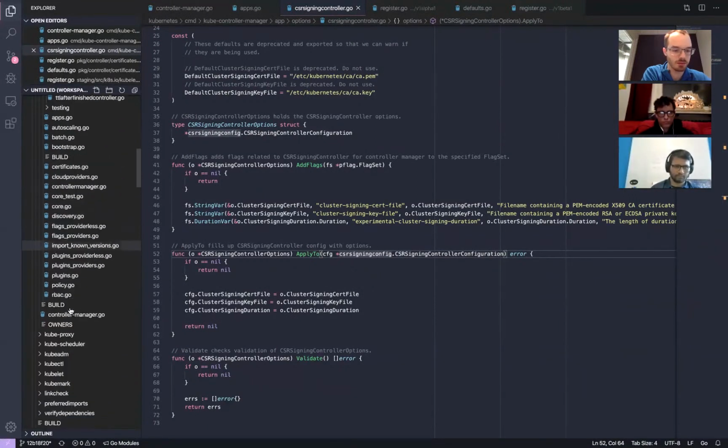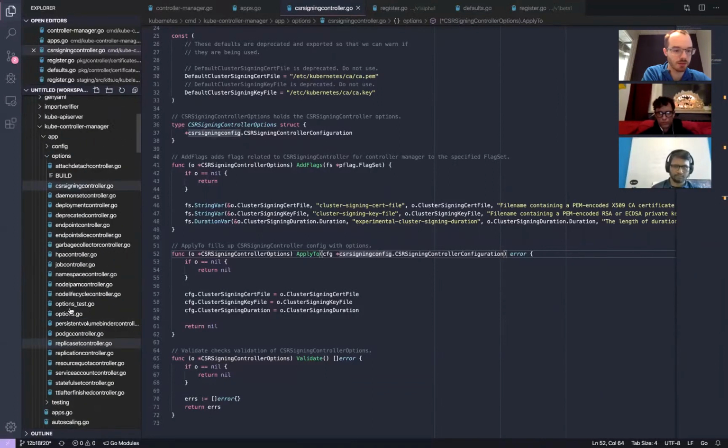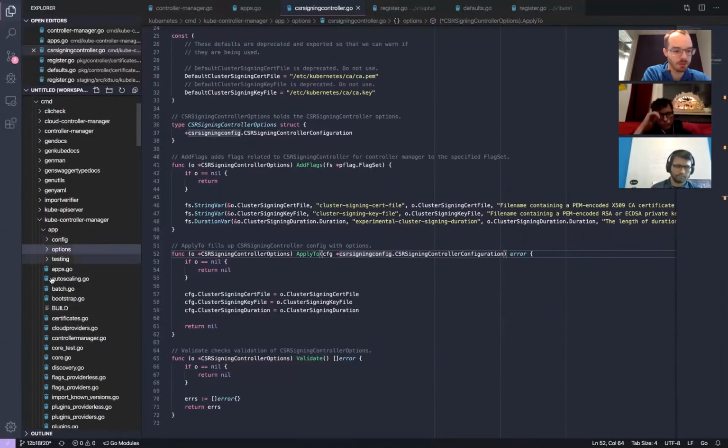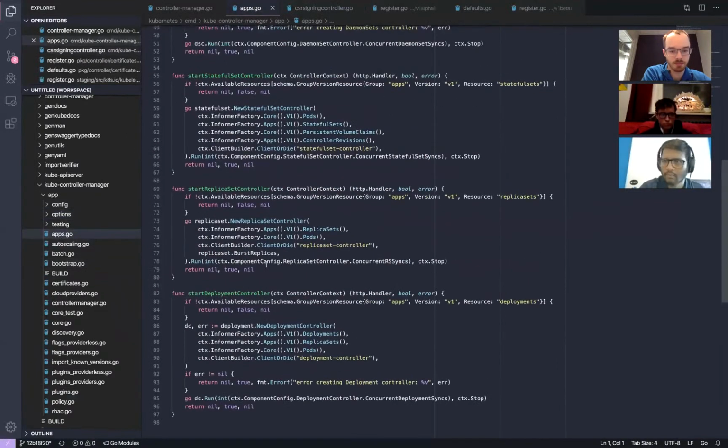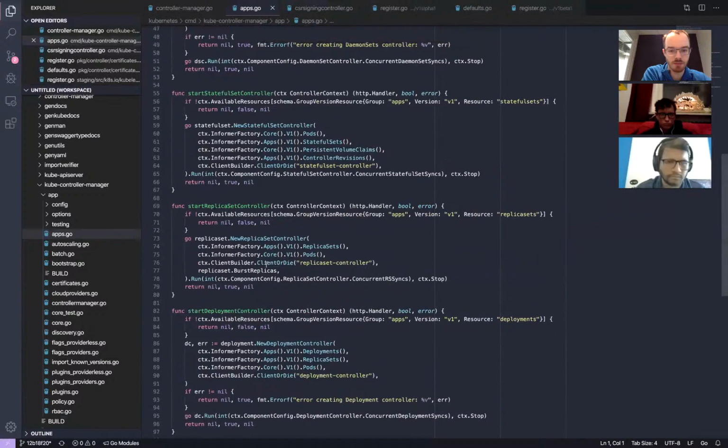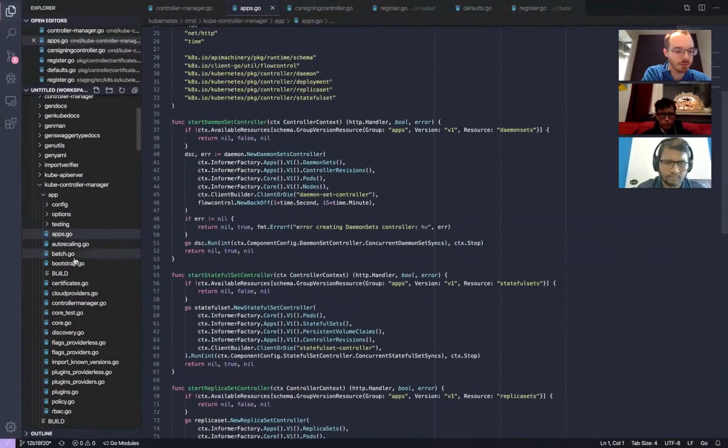And then I wanted to find where all of the controllers are run. Now there's a lot of start X controller functions in here, but